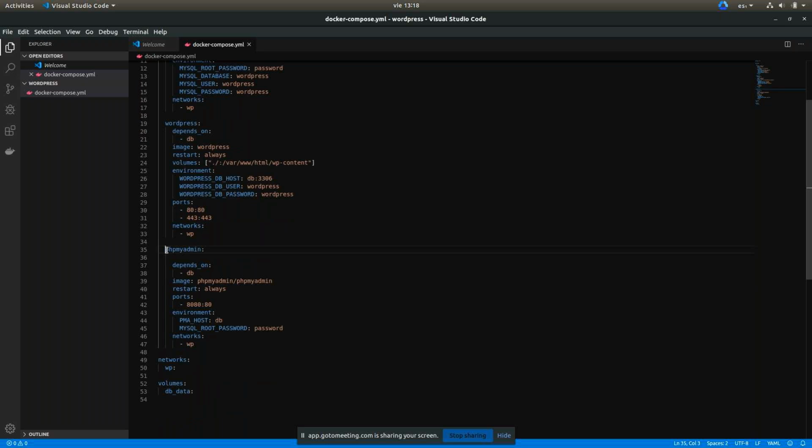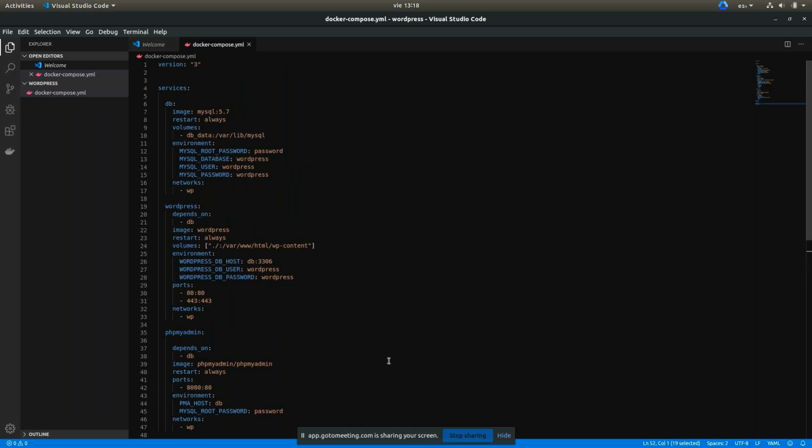And finally, we have the phpMyAdmin service that starts a small machine that runs PHP. Finally, we have a network structure and the volumes that are used for the application.